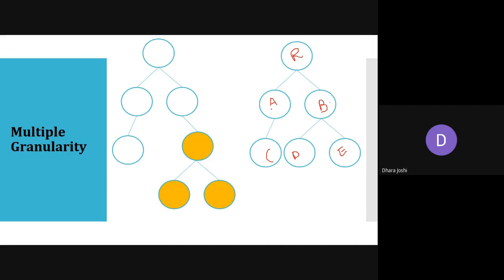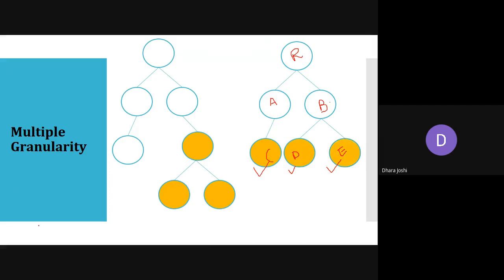A is also not a leaf node because A has a child, node C. B is also not a leaf node because it has two children, D and E. So you can say that C, D, and E, these three are leaf nodes. So if only leaf nodes are locked, it is called implicit locking scheme.